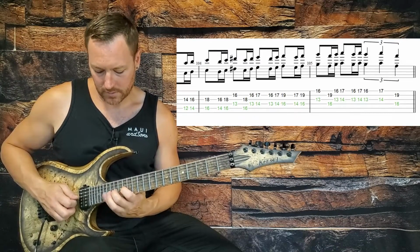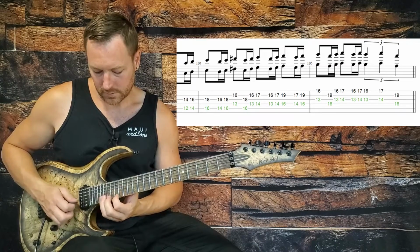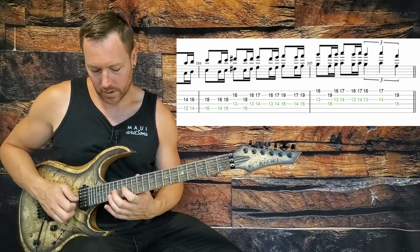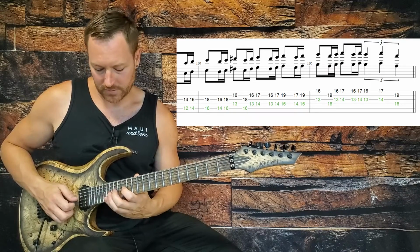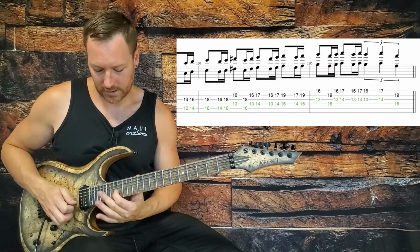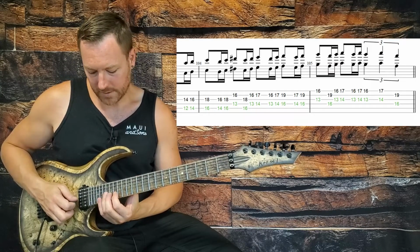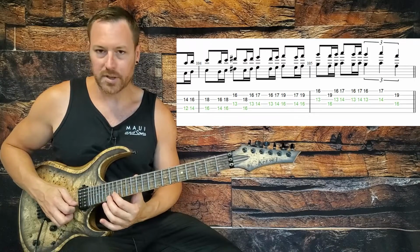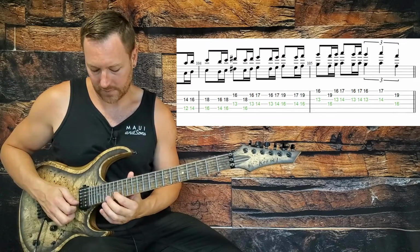Now we start going, you guys, a little bit quicker here. Okay, so we're gonna go 14, 16, 18 on G, 16, 18 on G, up to the 16th fret of the B string, then come back down to the G string 18, 16, 17 on the B string, 16, 17,